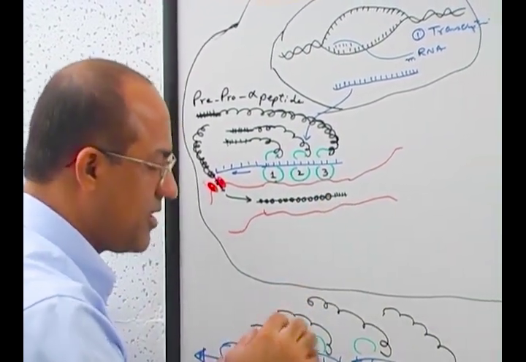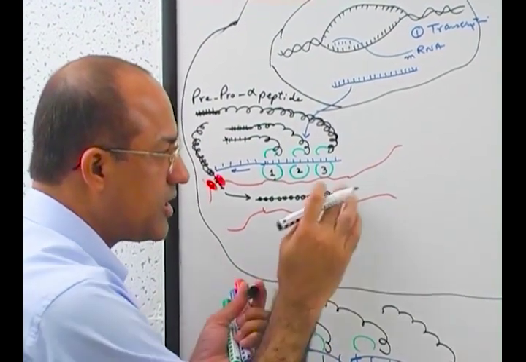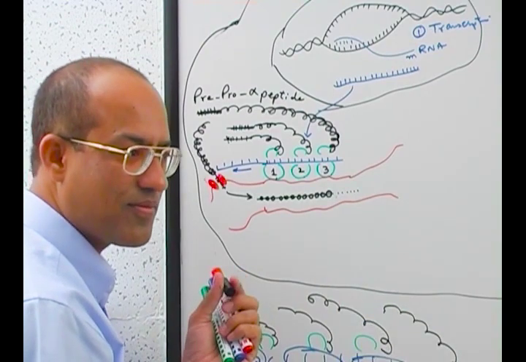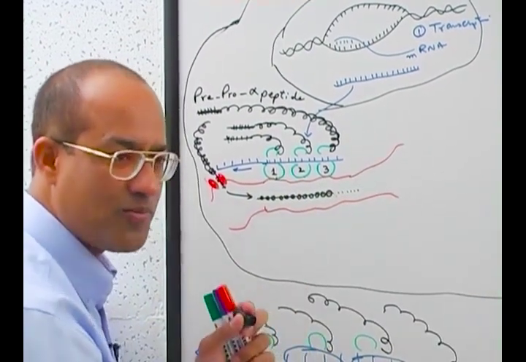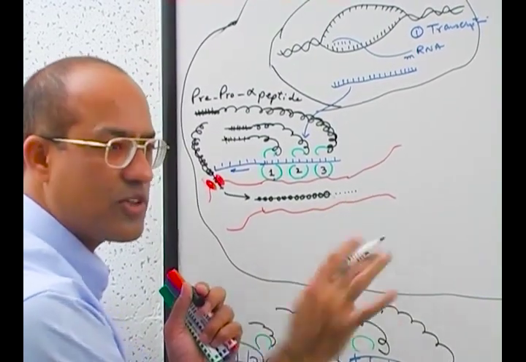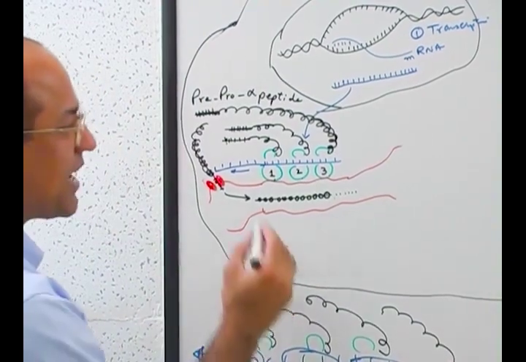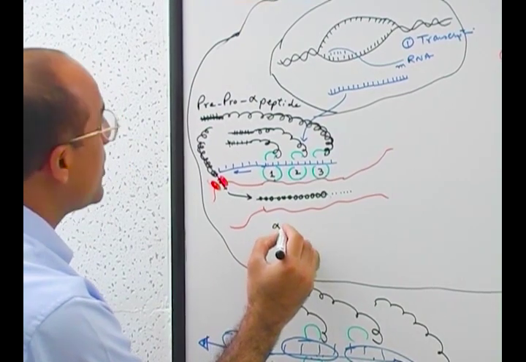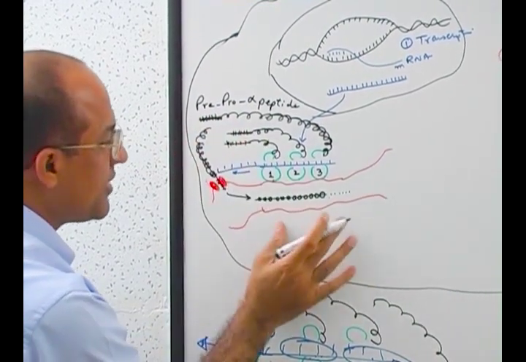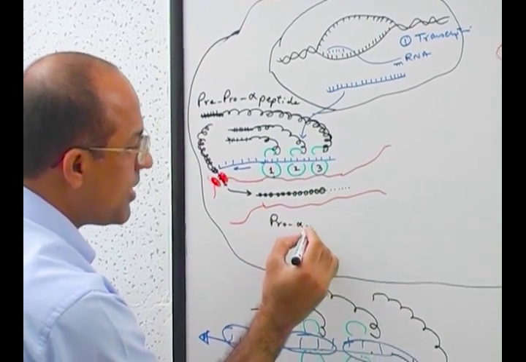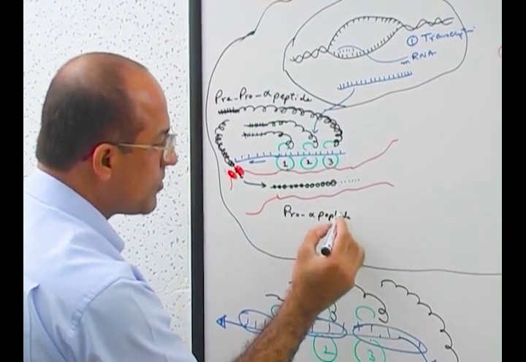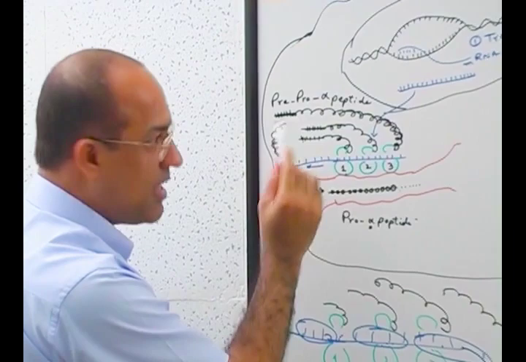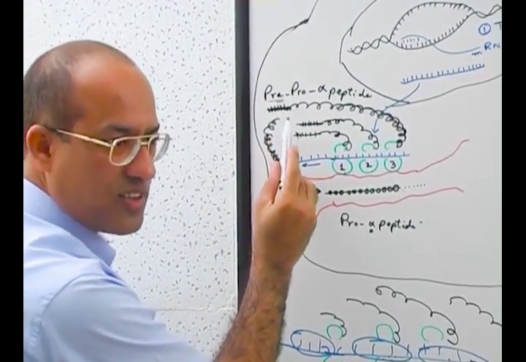Here, the signal chain is disintegrated, cleaved away. The thread has come into its position. We don't need the needle. So there are enzymes which digest away the signal sequence. Is that right? After that, what is left behind is called pro-alpha peptide. Initially it was pre-pro-alpha peptide, now it is called just pro-alpha peptide. Is that right? So it was synthesized as pre-pro-alpha peptide, and the pre portion is actually the signal sequence, and it drags